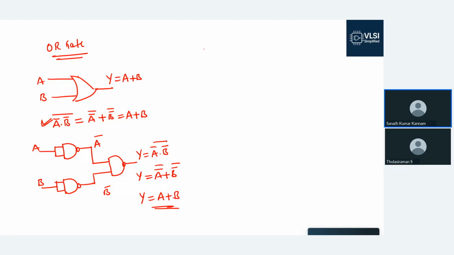Anyway, next the NAND gate is there. So we are implementing it with the NAND gate itself. So what is the NAND gate? This is the NAND gate, A and B, and Y equal to what? AB whole bar. Okay. Next,